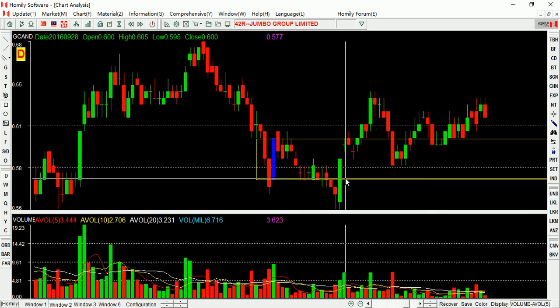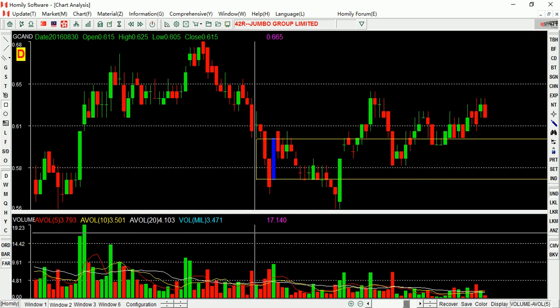The stop loss is anything below the box. Closing price below. For example this blue body? The low price, not the body, the low price. Stop loss, you should set at the low price, because this stop loss point is different. Yeah, low price. Okay. So do you have any question?